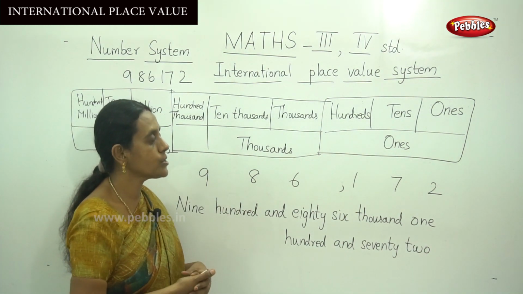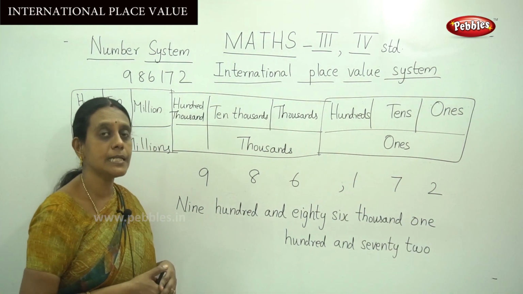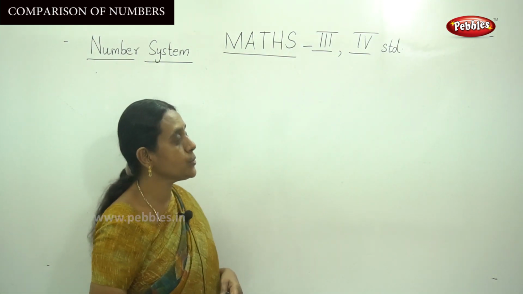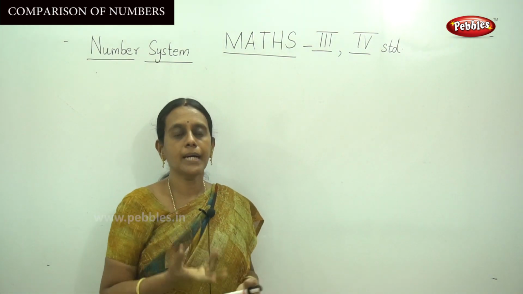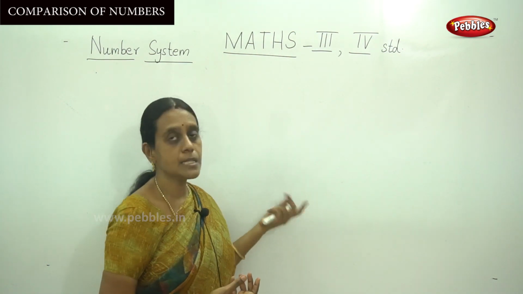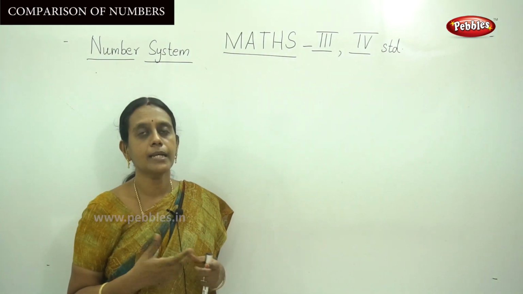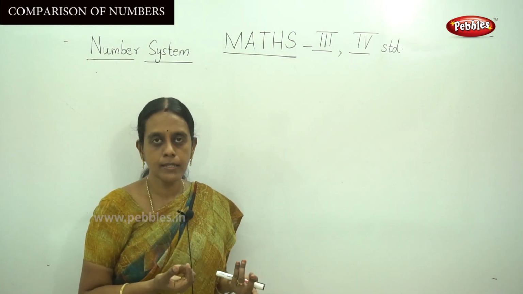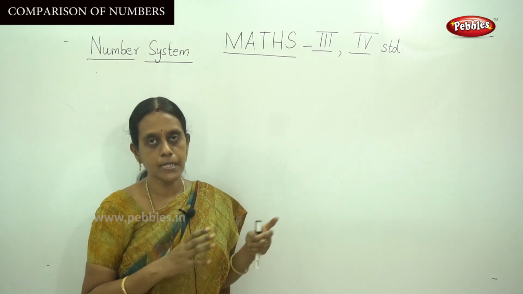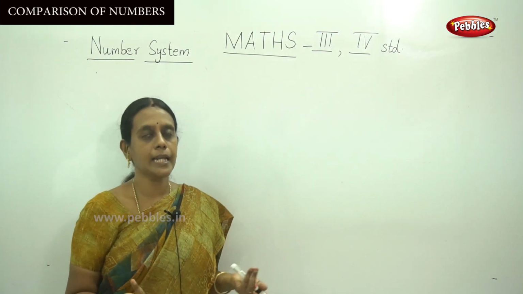Okay, let me move on to the next topic, that is comparison of numbers and predecessors and successors. We are going to learn about comparison of numbers: what is bigger, what is smaller. We have discussed arrangement of the smallest number and greatest number by using 5-digit and 6-digit numbers. Now we are going to use 6-digit numbers, separate the numbers, to form the smallest number and greatest number.